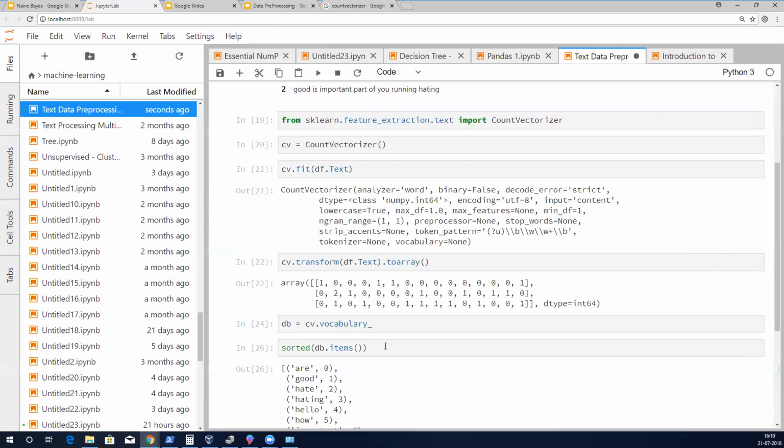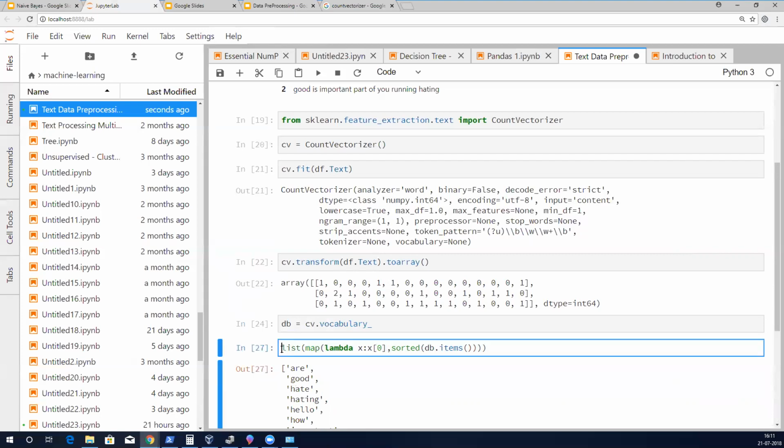And I want the first words of it, so map again, lambda x: x[0]. Right, I got all the column names now in the right order.